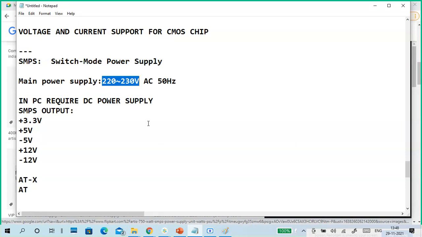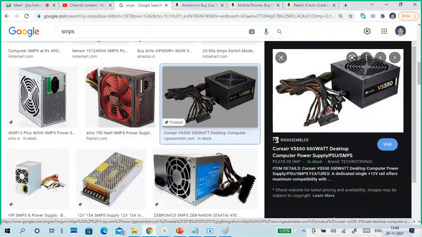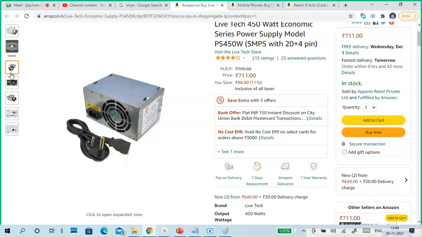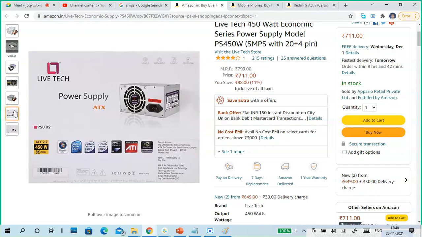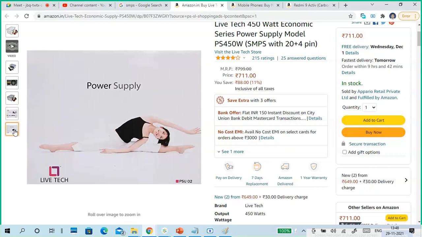In the US, they use 110 volts, 60 hertz frequency. This is the European standard. In the US, that's a different one. These are what we get nowadays. If you see the big one, this is the component. You can also view the ratings and all on it.